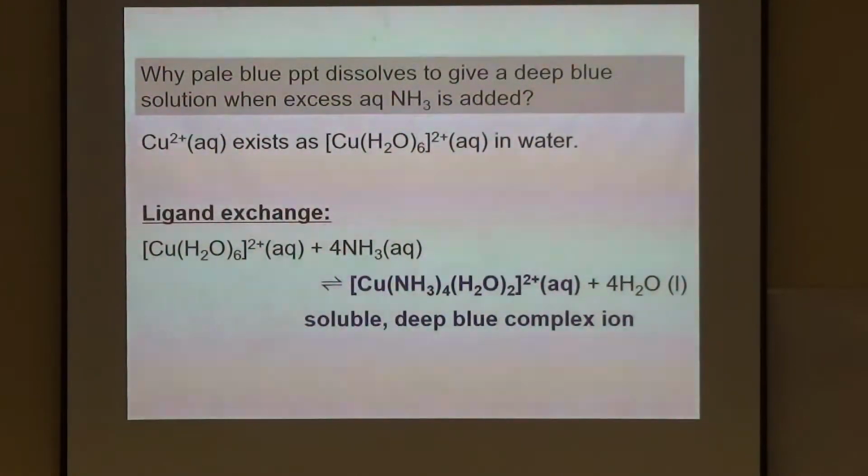So, this is a soluble deep blue complex. That deep blue, dark blue color that you see is due to this. The blue that you see of copper sulfate is due to the Cu(H2O)6 2+, that blue. If there is no water there, as in, let's say if I take copper sulfate solution and heat it until it becomes dry, then there's actually no color. It actually becomes white. So this color that you see, it depends on what